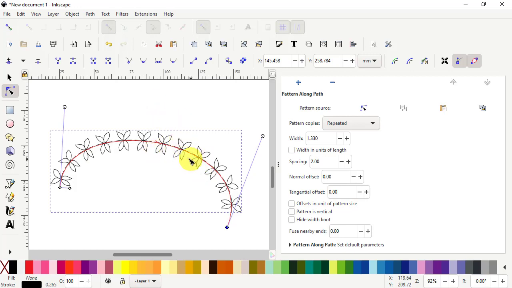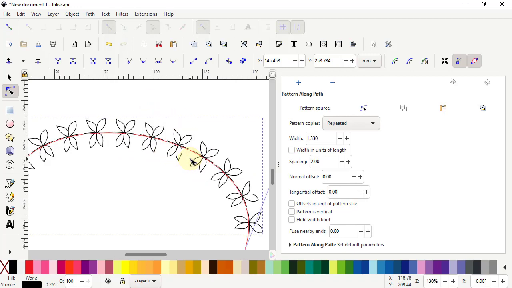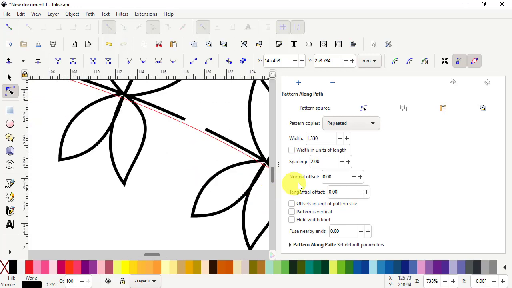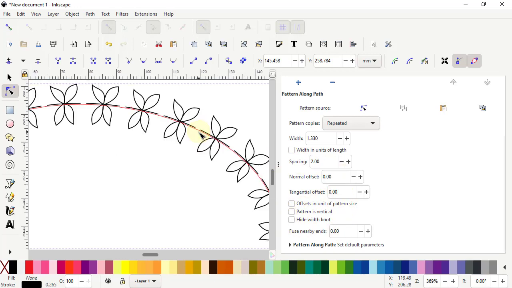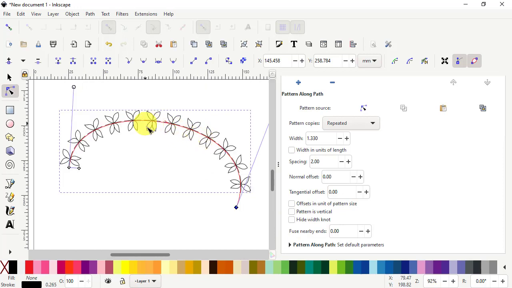then I want to show you one more thing here. I'll zoom in for a moment because we made an adjustment on the spacing, and we made that here at 2, and as you can see there is a space in between these objects. So in order to adjust for that, you want to have a close look at it and then go here, fuse nearby ends, and we up that number,